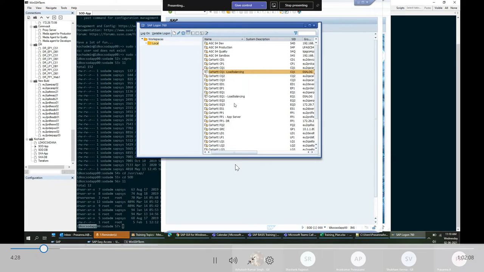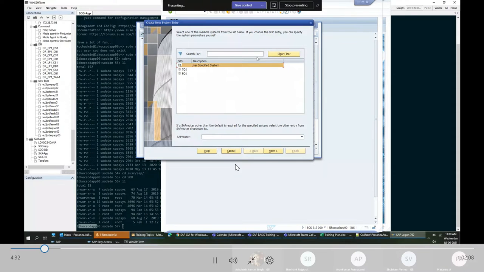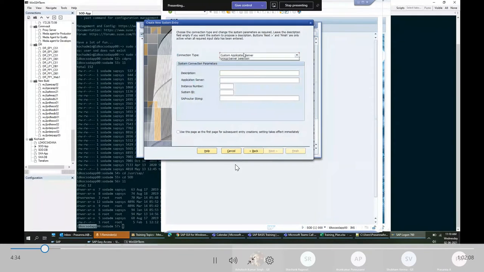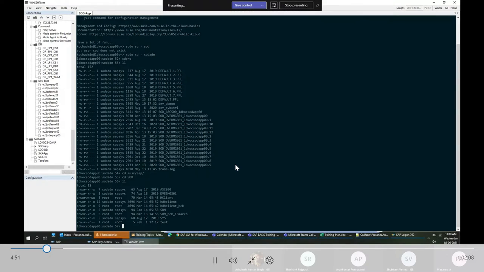Let's go to this. We'll create a new connection. I choose group server selection. Description is E1. Okay, let me go and find out the details from the CP1 server.